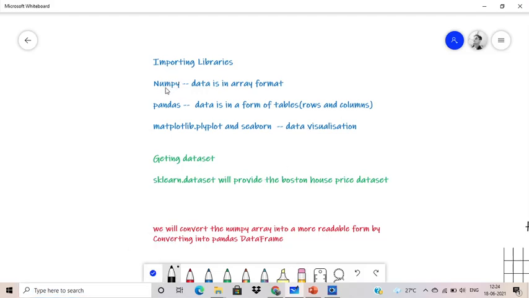In the NumPy library, data is in array format, and in Pandas the data is in the form of tables. Tables give us a better understanding of what the data looks like, so we can understand data in a better form in Pandas. I think you have understood everything till this point. So let's get back to the code.